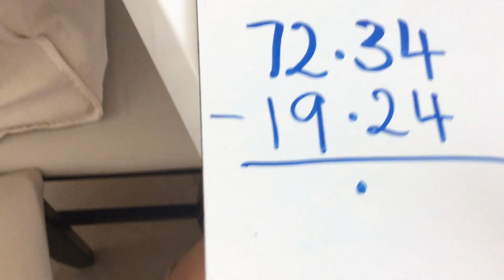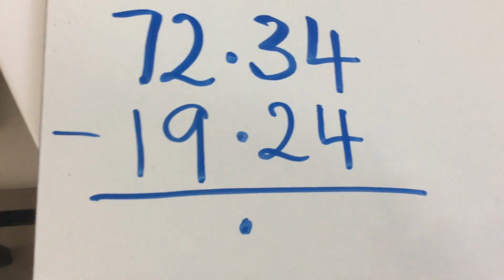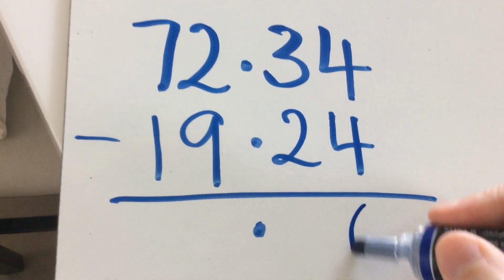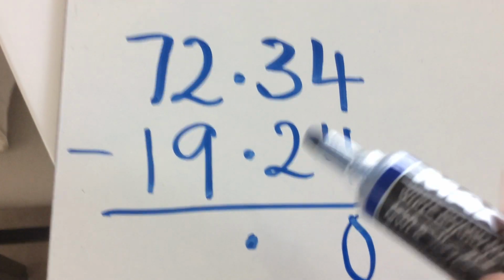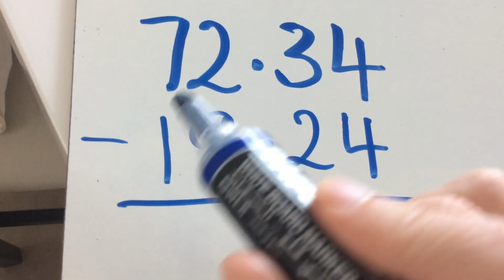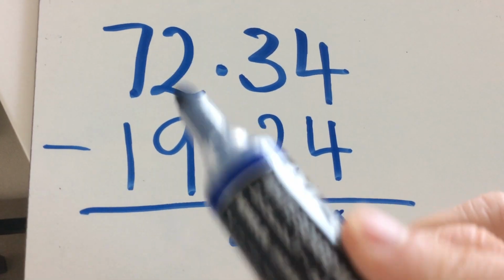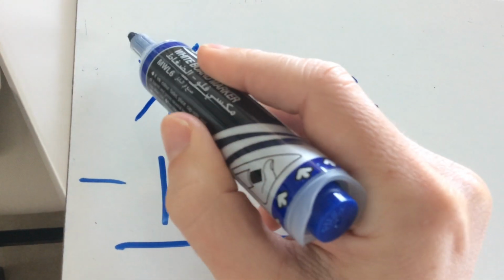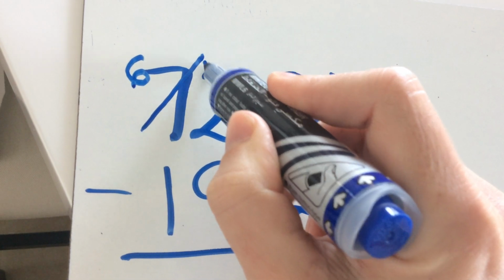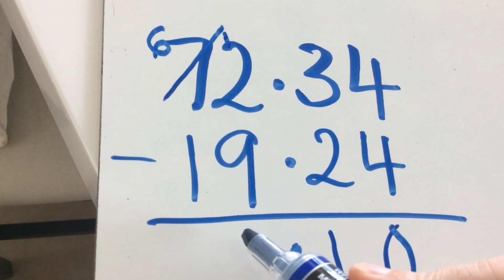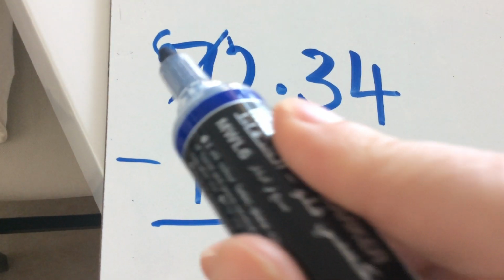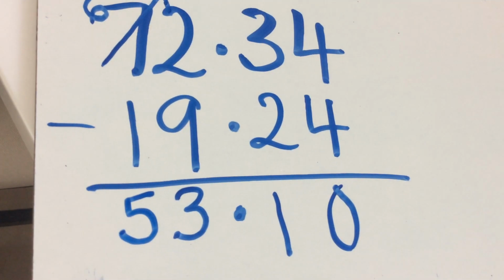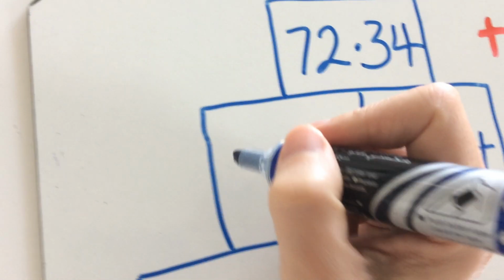So let's have a quick look here. I've got my column subtraction. So starting on the far right, 4 hundredths take away 4 hundredths, 0 hundredths, 3 tenths take away 2 tenths, 1 tenth. Gets a bit trickier here because I'm going to need to borrow. I've got my 2 ones, take away 9 ones, which I can't do. So I'm going to have to borrow from my tens column. So that gives me 6 tens. I've got 12, take away 9 is 3. And then my 6 tens, take away 1 ten is 5. Okay, so now I've got 53.10